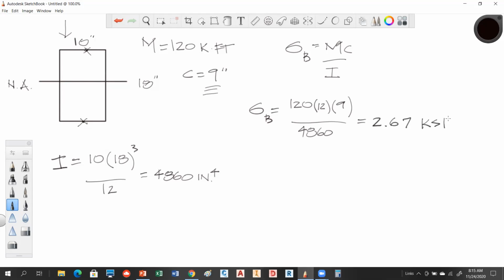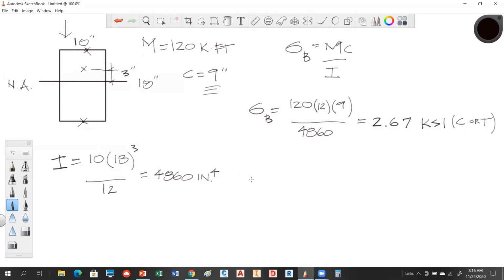Yep. Okay, so they wanted to know max. This is max for compression and tension because assuming compression is here and tension is here, it's the same number. So this would be true for compression or tension. Okay? We okay with that? Yeah. Then they want to know what is the stress 3 inches above the neutral axis or 3 inches below